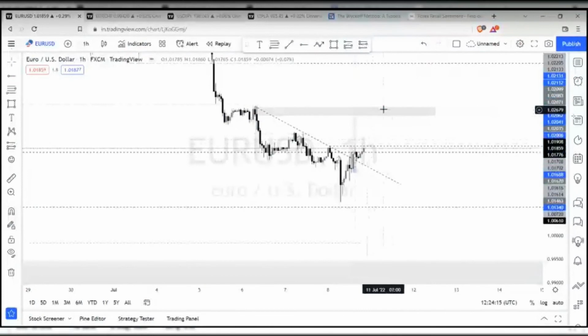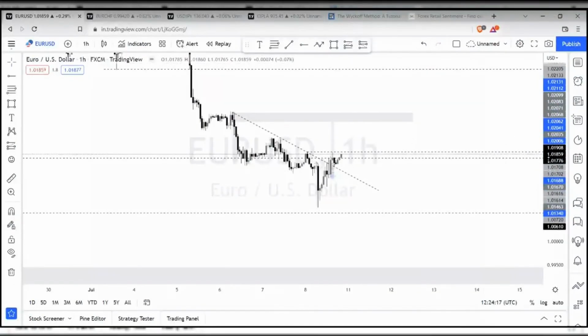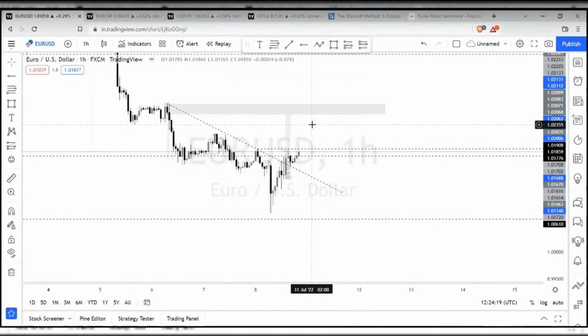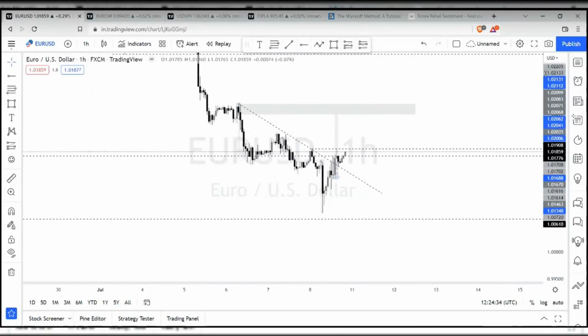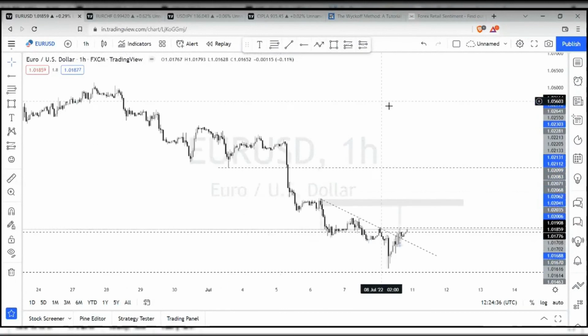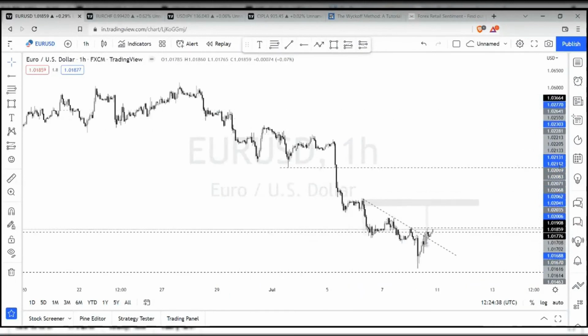And institutions are just doing that. They're just making them believe that indeed this is the reversal. And we all know they're not going to, because once they have enough money to manipulate, to take out, they're going to drop this heavily, just like they did here. Just like we had a break of structure here. Price broke this structure here,